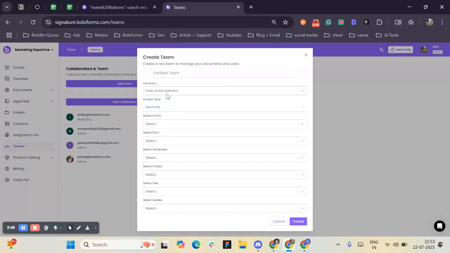Once you have added all the team members' email address, now comes giving the access to your team members. Once you click on it, there are three access roles provided to the team. First, read only, where they can only read the document. Editor, once you have given the editor role, the team can edit and send the document. And once you have given the admin role, now the team member can edit, send, and even